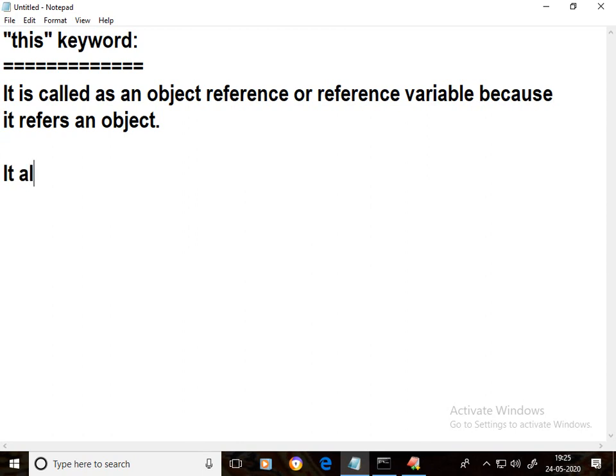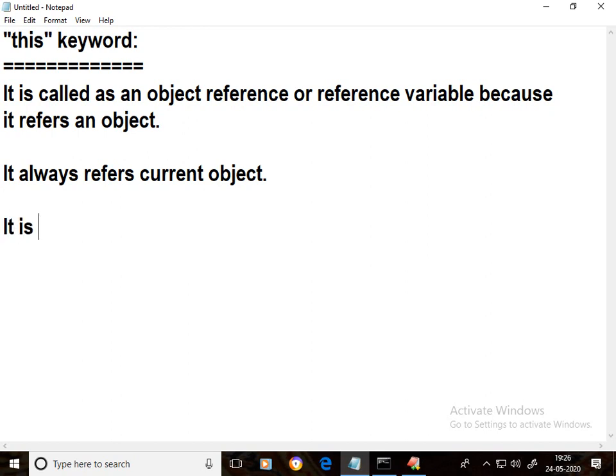It always refers to the current object. It is called an object reference because it refers to an object. Which object? Current object. Okay.